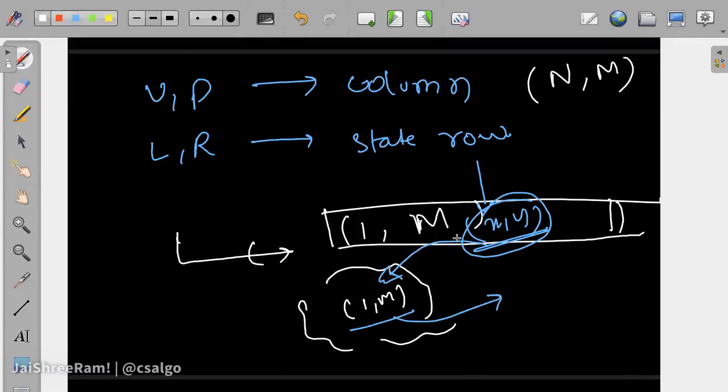So I reached this, right? I know that this is a valid segment for sure. I know that this cell is a valid cell, it has not yet been removed. So now if I reach this, I know next time if I do a left or right operation in this row, it is going to get deleted. So I do that deletion here itself. When I reach it, I just find out in this row in which segment this x comma y is, and I break that segment into 1 to x minus 1, and x plus 1 to, let's say, m.